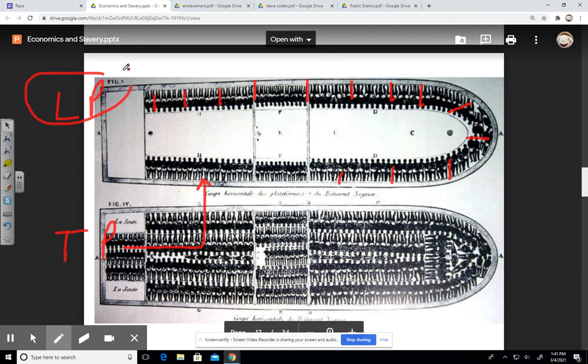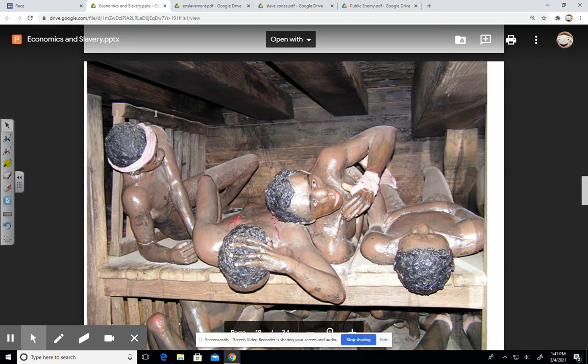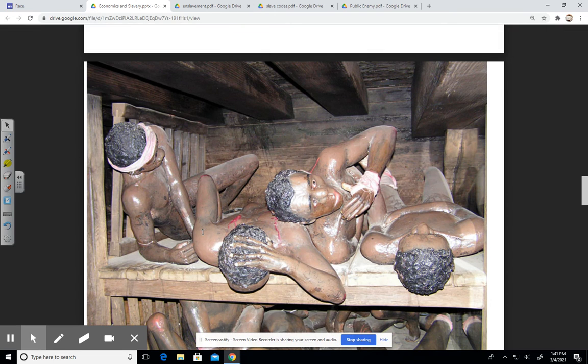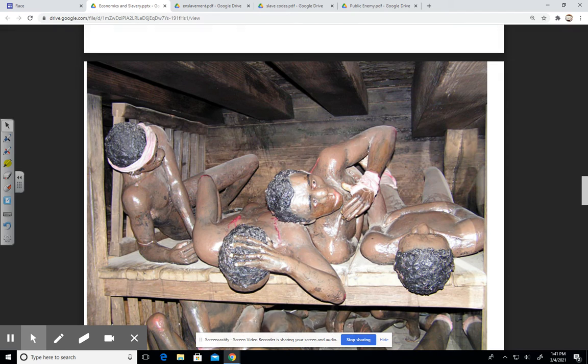The fact that they actually have these terms is very telling about the amount of money that is involved in this particular institution here. Here is an image from a museum in DC. This museum, I don't know if they've taken this exhibit out, but it definitely wasn't there last year. I don't know if they're going to put it in the African American History Museum, but they're giving you a visual of what the tight packing situation could look like. And this journey is going to take 3 months. And so for 3 months, you are with 3 other individuals, packed tightly and expected to survive.